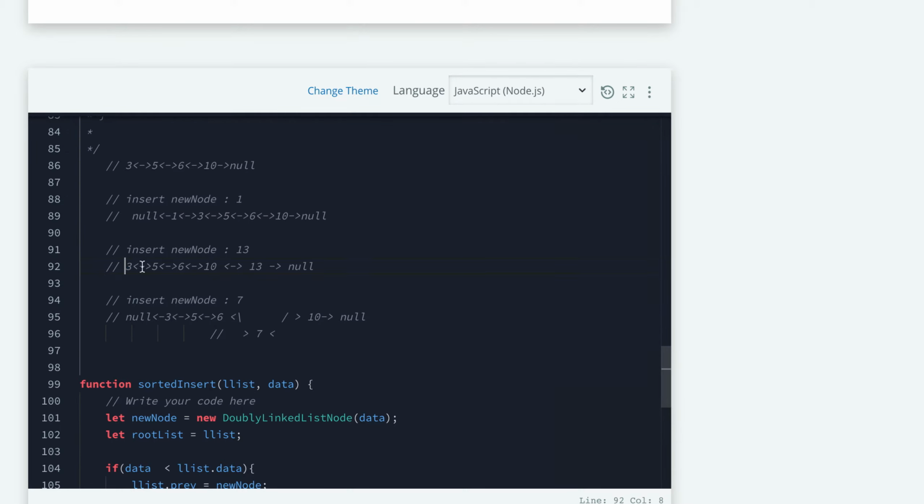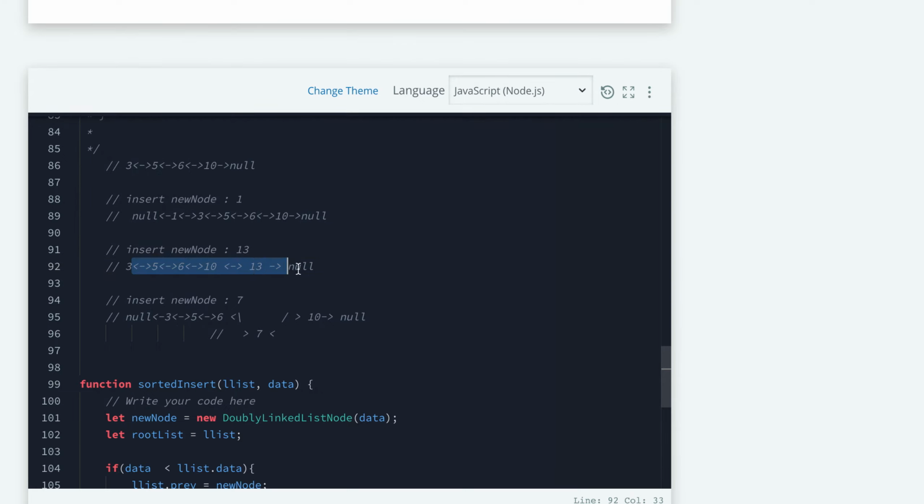Suppose again this is our doubly linked list, and we have to insert 13. 13 will definitely go at the very last. So we have to establish connections: linked list dot next will be our new node, new node dot previous will be our linked list, and new node dot next will be null.